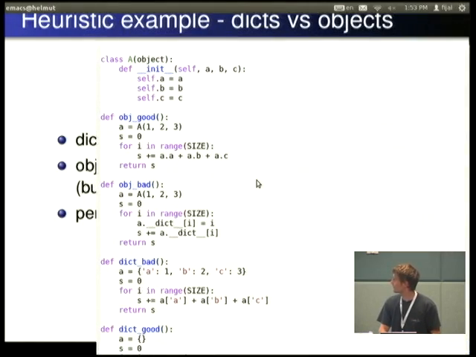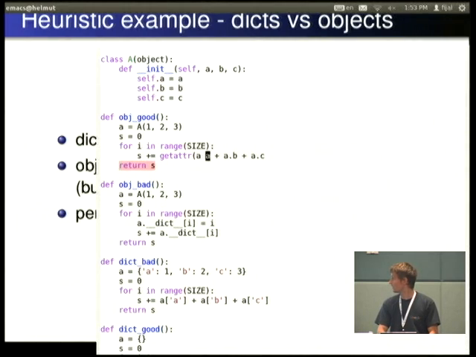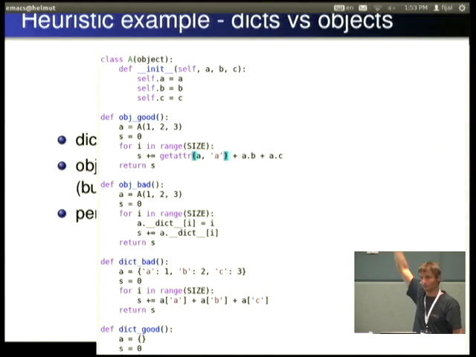So you have an object, and a good usage of an object would be to access attributes, where all the time the attribute accesses are constant. It's important to know that PyPy doesn't quite care if you write this or you write that. Well, it cares if you write a backslash here. So this is essentially the same code. I mean, this will probably contain a check that you didn't override getattr in your builtins by chance. But other than that, the code stays the same.